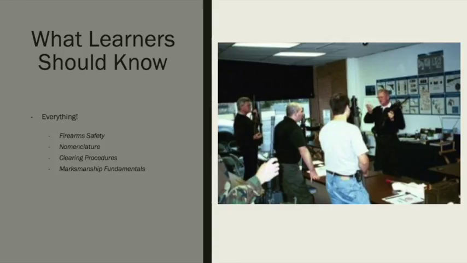As we look at the basic tactical rifle and carbine course, we look at the acquisition phase as what learners should know. In the view of this course, the learner should know everything. Everything that comes out of the instructor's mouth is something that should be remembered, passed on, and utilized throughout other portions of the class. However, the criticality of that knowledge is such that it's just rote knowledge. There's no further application necessary. This is your firearm safety principles, your nomenclature, your clearing procedures, and your marksmanship fundamentals. Everything else is, again, fundamental, foundational knowledge